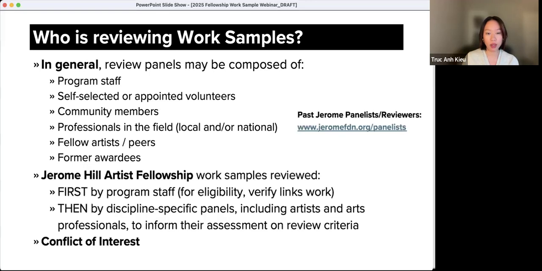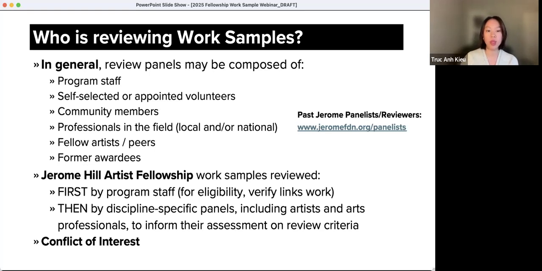At Jerome, review panels are field-specific for all 7 application fields, comprised of arts professionals and artists, including past grantees, with the experience and understanding of Minnesota and New York City early career artists. Panelists' wide-ranging knowledge encompasses a depth and breadth of aesthetics, methodologies, practices and ways of working, and presenting work in various genres, forms, and styles, and an embrace of interdisciplinarity. You can view past Jerome Foundation panelists on the website if you'd like to learn more at